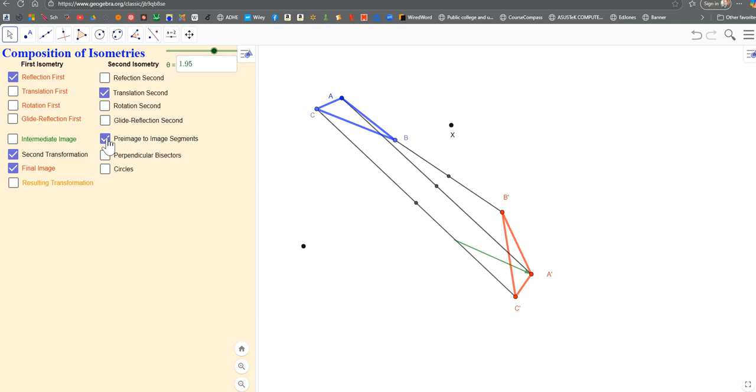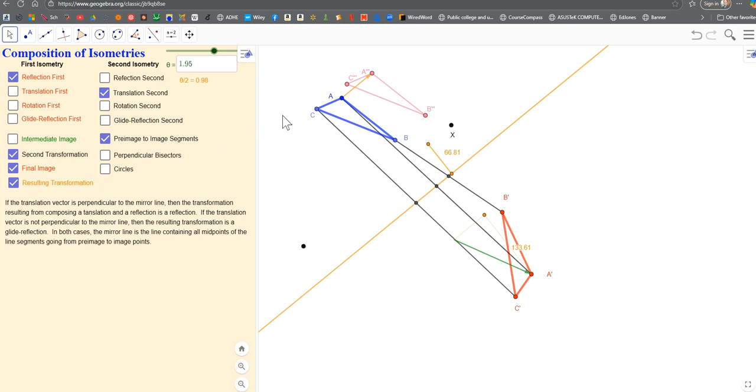If it were a reflection, these would all be parallel, but not necessarily the same length. And the midpoints would all line up in a line, and that line would be the mirror line. In this case, they do line up in a line, but they're not parallel. So this turns out to be the mirror line for a glide reflection. So which glide reflection is it, and how do these things compare? Well,